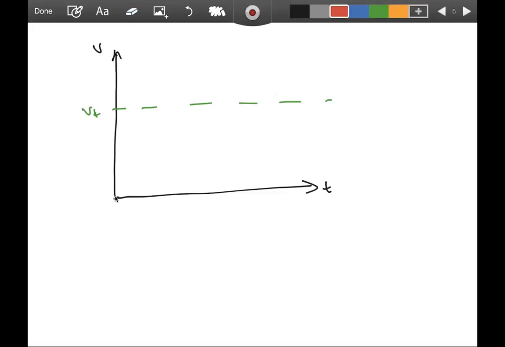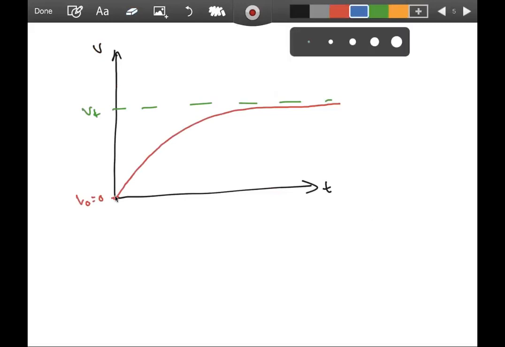Let's say initially my initial velocity is 0, to make it a little easier. Then this thing initially grows linearly, and then it's going to curl over and asymptotically approach my terminal velocity. Now, if it starts off with a v0 not equal to 0,